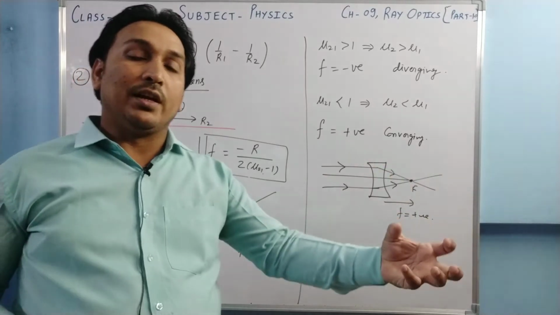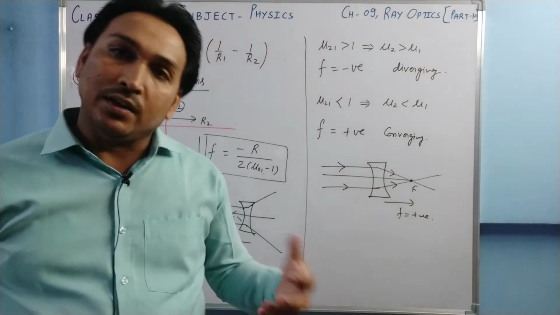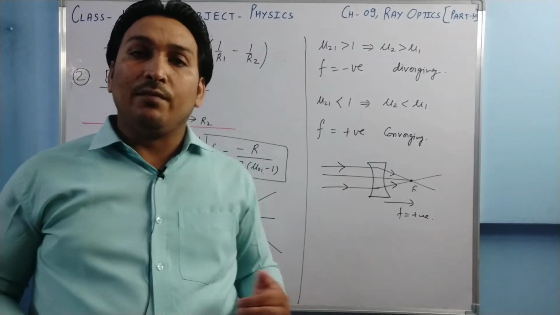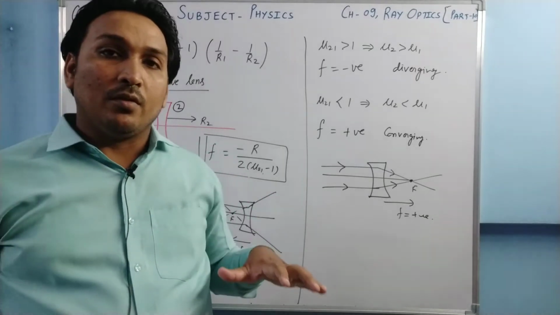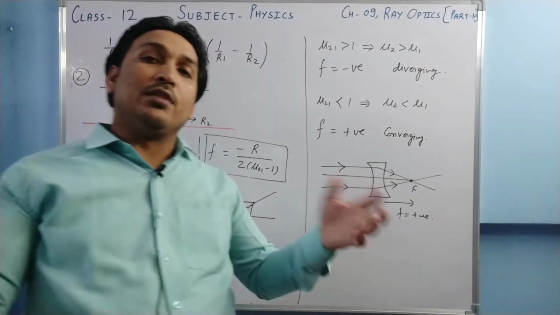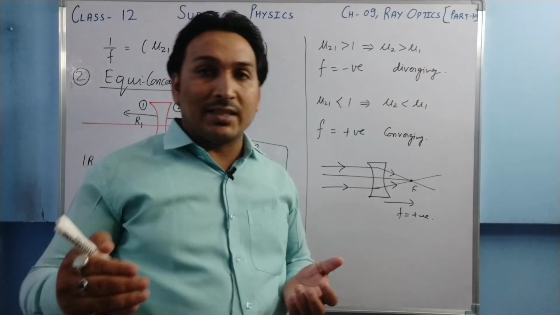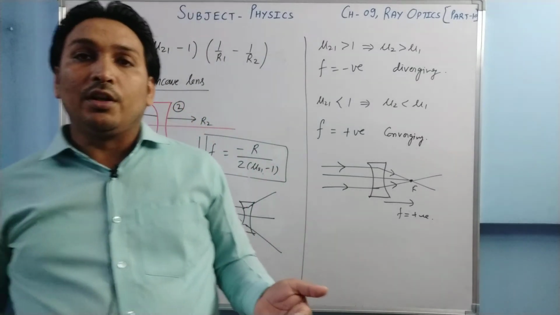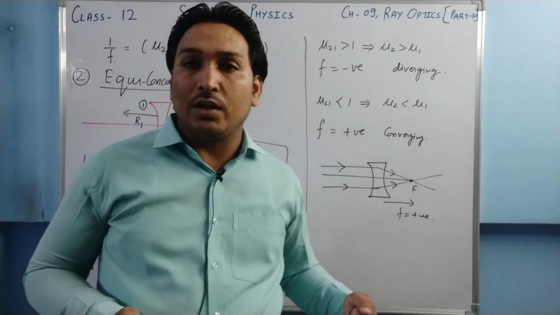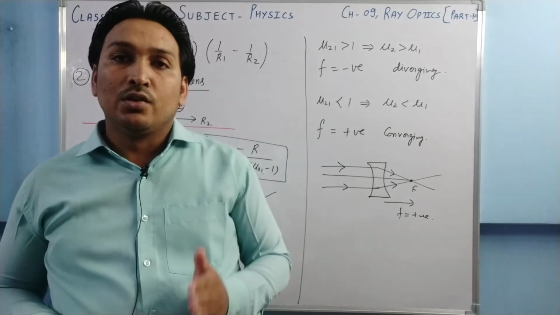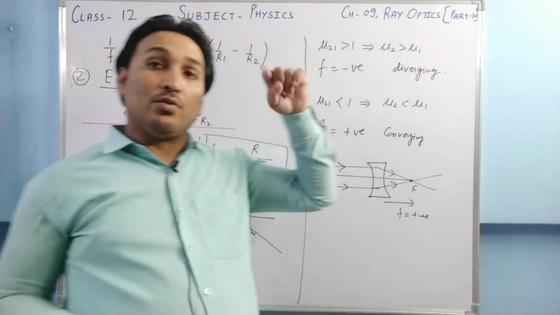If the surrounding has less refractive index, meaning the material of the lens is denser, then they show their basic nature. And we adopt this nature all the time if nothing is given, because the surrounding medium is considered to be air, and air has a refractive index of 1, which is less than the refractive index of the material of the lens. So in almost all cases, lenses are in air, so they show their basic nature. Concave shows diverging, convex shows converging.